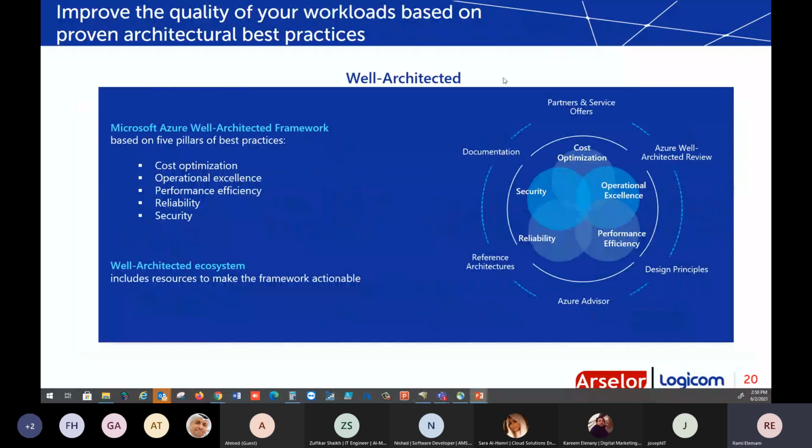How it works, or if you want to do an engagement with us, what we need to do and what you will get. First thing, we are a Logicom Microsoft distributor, and we are not authorized to sell directly to end users, but we can help you through our partner Arselor, one of our strategic partners in Saudi Arabia. So you can ask them